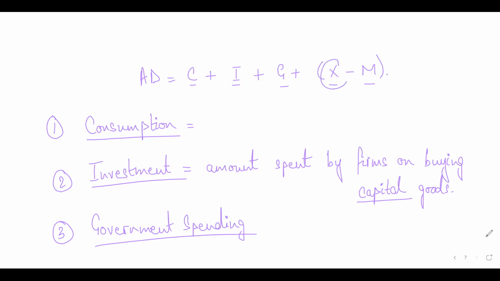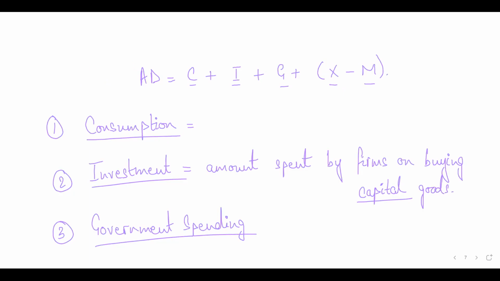Then comes in this X. What is X? X is exports. We did talk about that. Exports are the products that are produced in your country, but are bought by foreign consumers. Then the fifth and last one is imports. What are imports? Products that are produced in foreign countries, but that are bought by your consumers. So those are imports. Easy? We good on this? Any confusion? Okay, now let's quickly write down the definitions and then we'll keep moving forward.